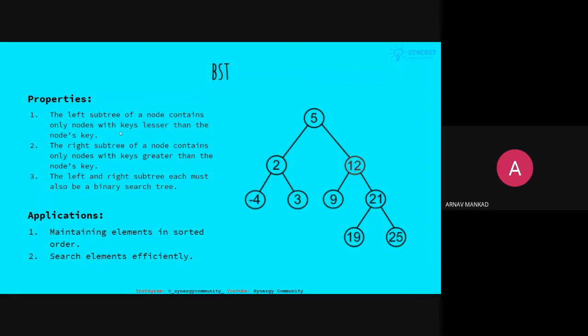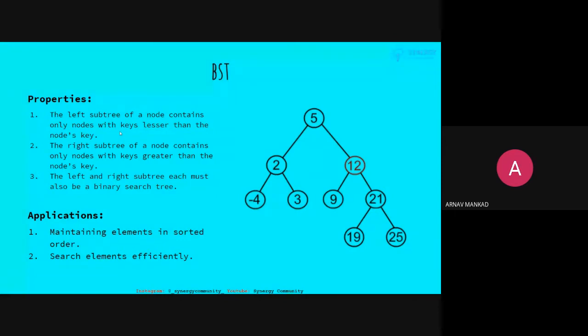Now, what are the applications of binary search trees? Those are maintaining elements in sorted order and searching elements efficiently. Okay, so why do we need binary search trees to store the elements in sorted order? We can use a sorted array, but that's a problem. Why is it a problem?